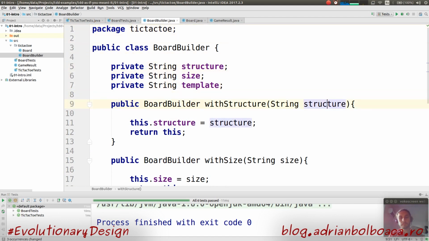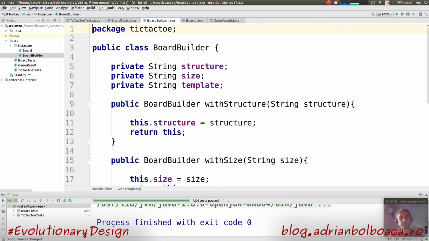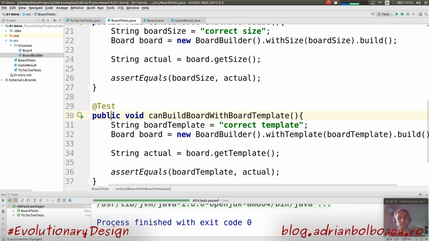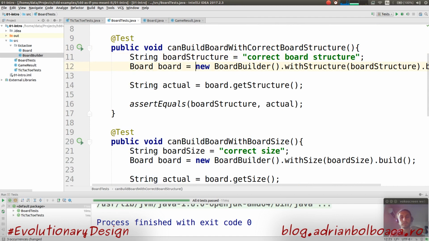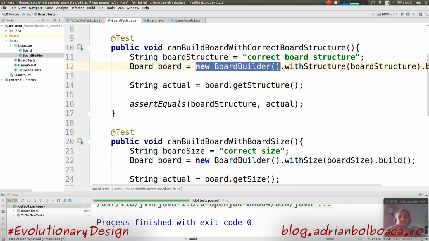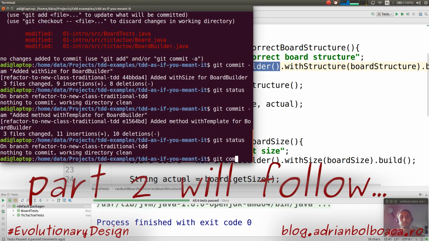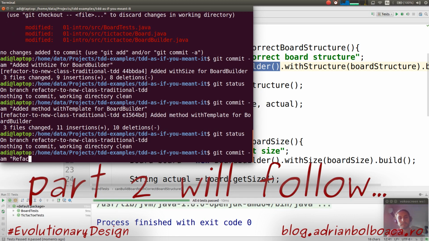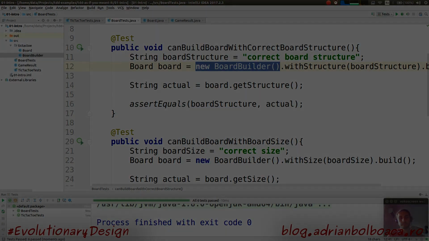I have now the builder, which is nice. I don't need to add anything. I have the board tests, and here I want to extract this, but before that I want to run the test, make a commit, and continue with refactoring the tests. Refactored the board, will have better names. So here should